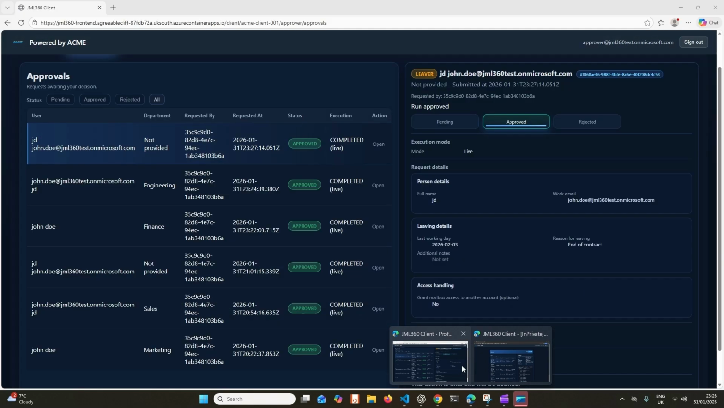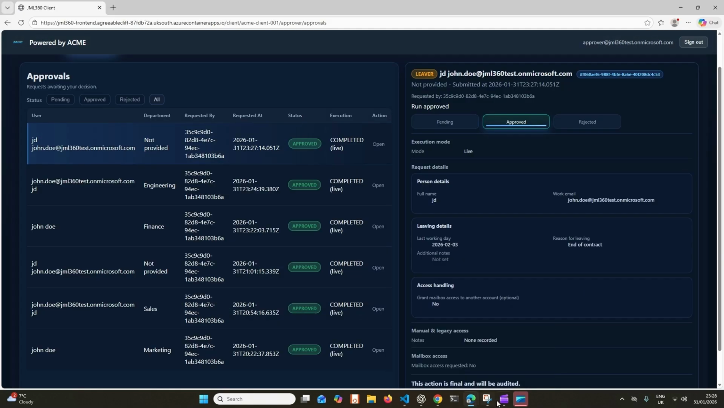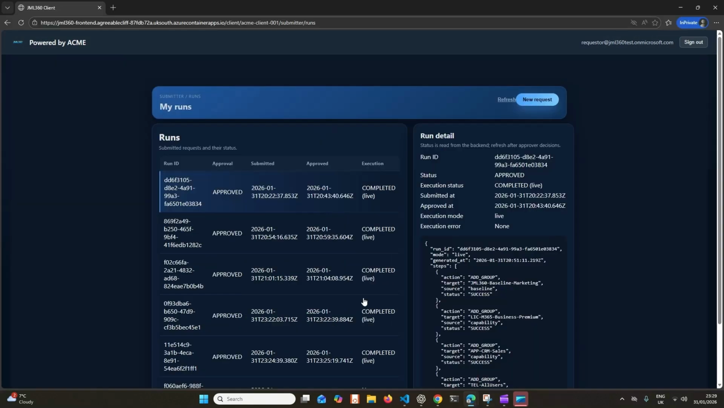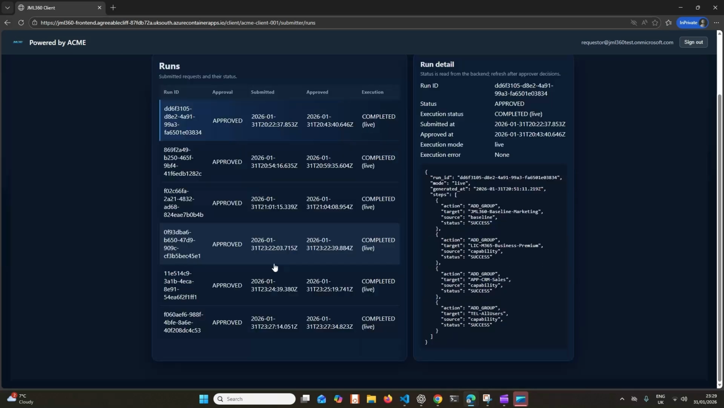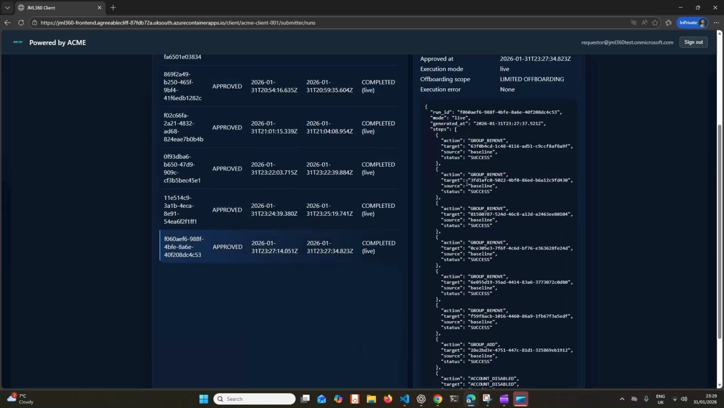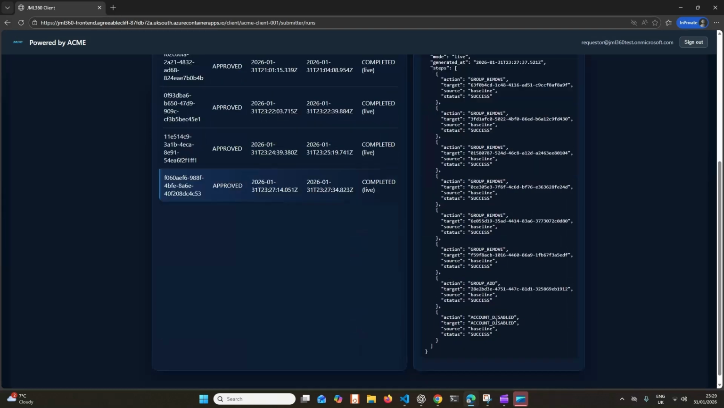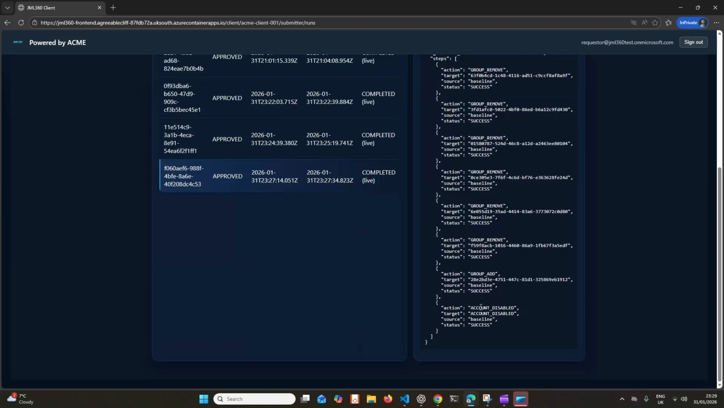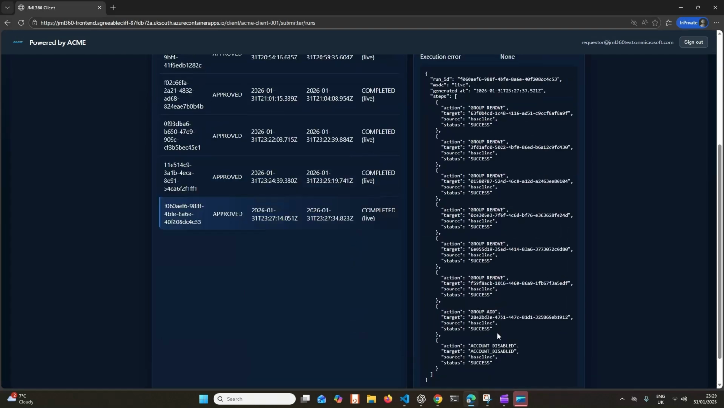We can check this one if we go back into the requester, and we can refresh this page, and we should see here that we have removed it from all the other groups, and we have added it to the last group, and the account has been successfully disabled. This is a staging group, as I mentioned earlier,